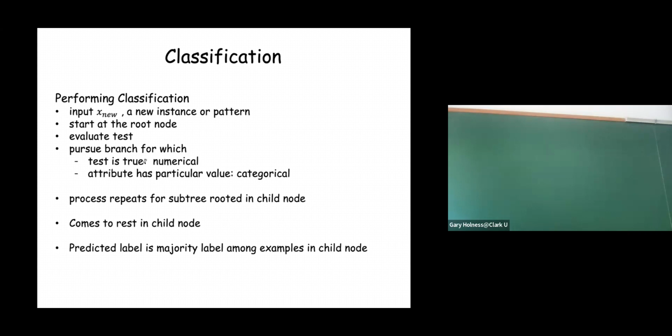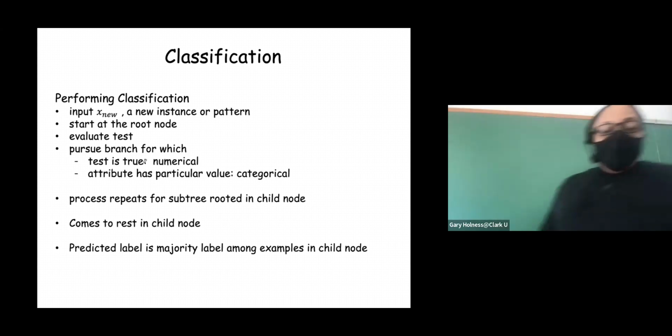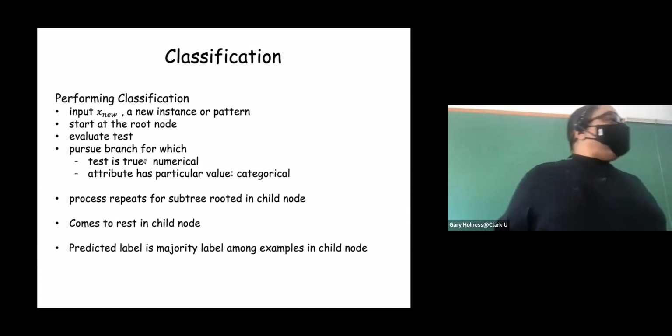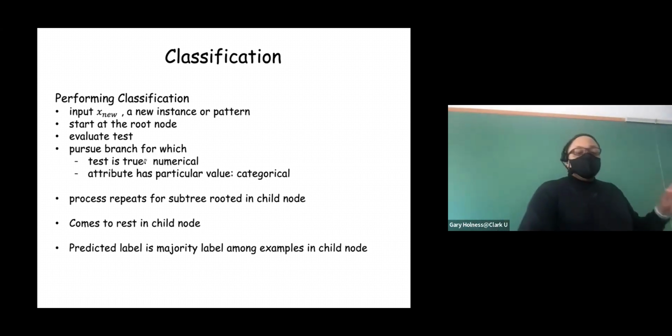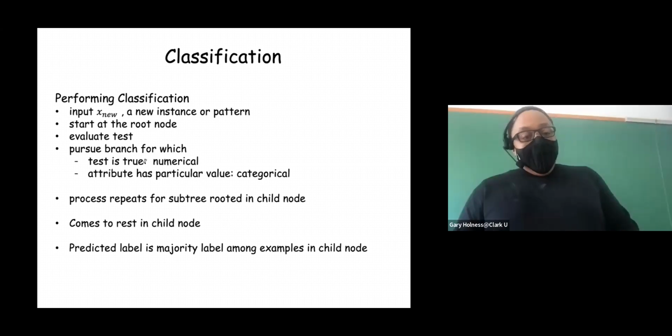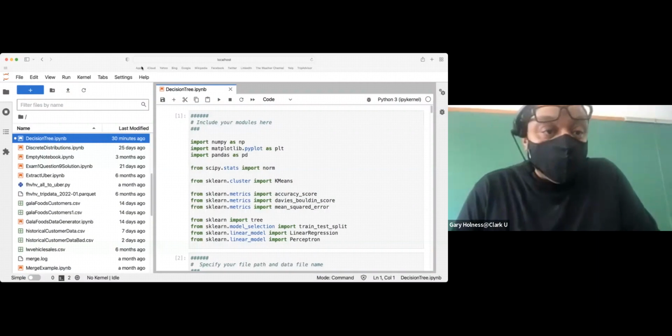So we only have about 8 minutes left. Let me pop into the Jupyter Notebook. I just want to show you what these trees look like from an actual data set, and we'll just continue on with classification. I spent more time than I thought I would on entropy, so to show you what an actual decision tree looks like, rather than just talking about the theory, I'm going to bring up my Jupyter Notebook. Let me share screen, decision tree. All right.